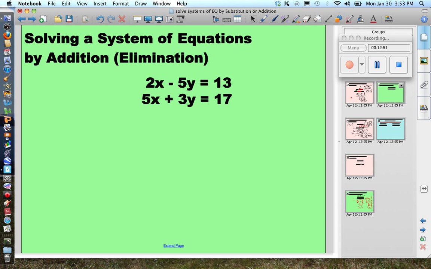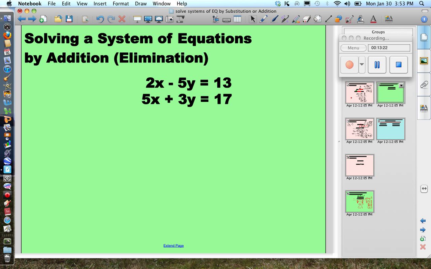Okay, here's another one. If you notice in this one, my x's and my y's, if I added them right now, nothing would cancel out. When you add fractions together, you have to have a common denominator. And sometimes when you add two fractions, you're going to need to change both fractions so that you have a common denominator. That's going to be the case here. My top and my bottom,